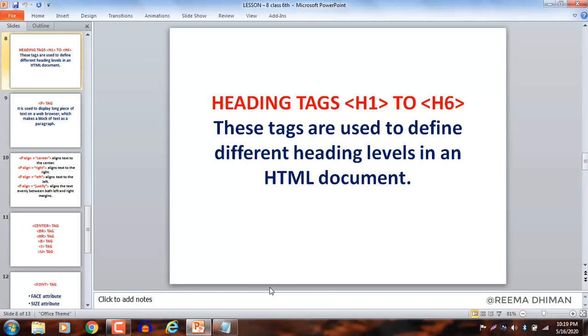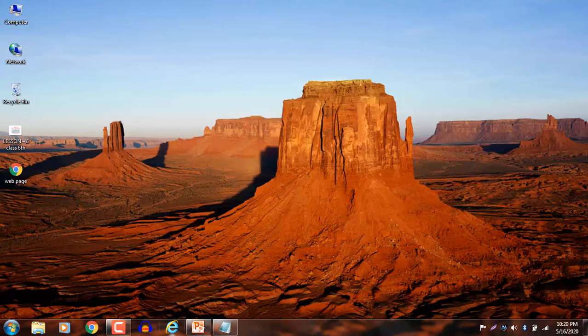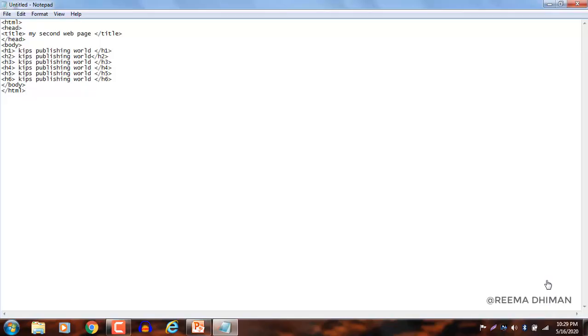It is not essential to use these heading levels in hierarchy. These heading tags are written within the body tag of the document. So as you can see from your book on page number 96, there is a code written. So we will follow the same code. We will write the same code in HTML in the notepad, as I have written here the same code as in your book. So observe